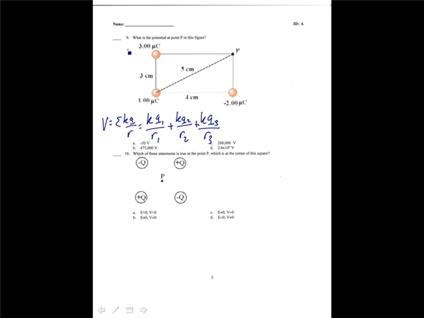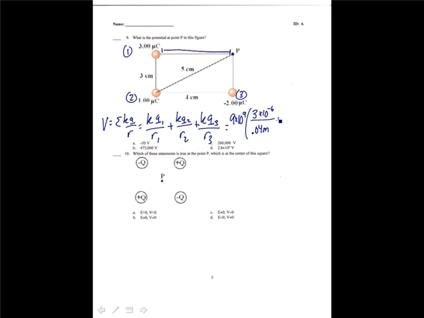I'll call these particle 1, particle 2, and particle 3. I'm going to factor out the K and put in some numbers. That's 9 times 10 to the 9th times Q1, which is 3 times 10 to the minus 6, over R1, which is 4 centimeters or 0.04 meters. That's this distance from that particle to that point,